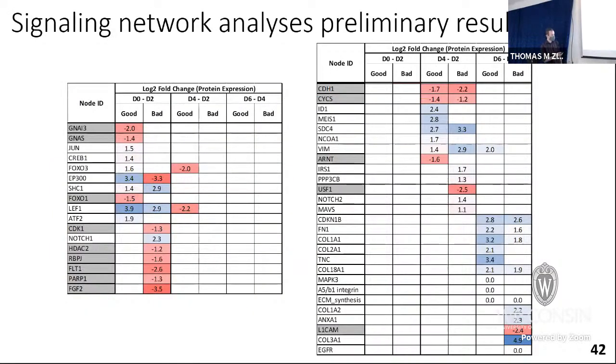Here again, I'm not going to belabor the point, but we can develop very similar graphs, and we can see, for example, again, we get this EP300 protein that, as I mentioned on our previous slide, is upregulated in a good differentiation and downregulated in a bad differentiation. So here we're really trying to find ones that are differentially expressed between the good and the bad. If they have very similar trends, so for example, over here, this particular protein, we see upregulated almost 3-fold in a good differentiation, and also upregulated almost 3-fold in a bad differentiation. That shows us that's probably not very specific to cardiomyocytes. It's kind of an earlier process that's going on, but it's not specific to our process of interest. So that would eliminate that as a candidate marker to follow up on.